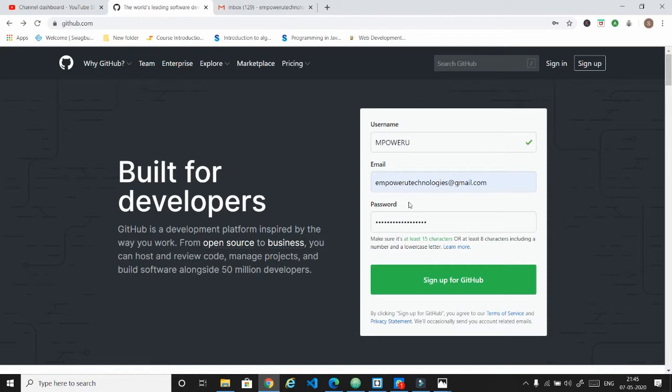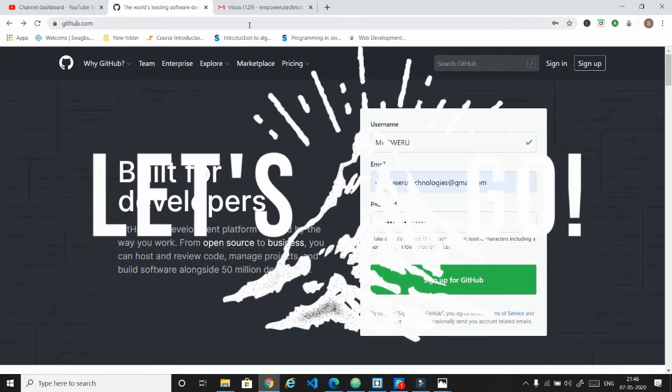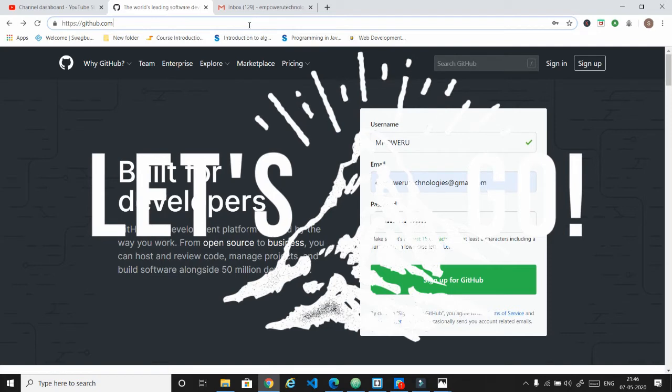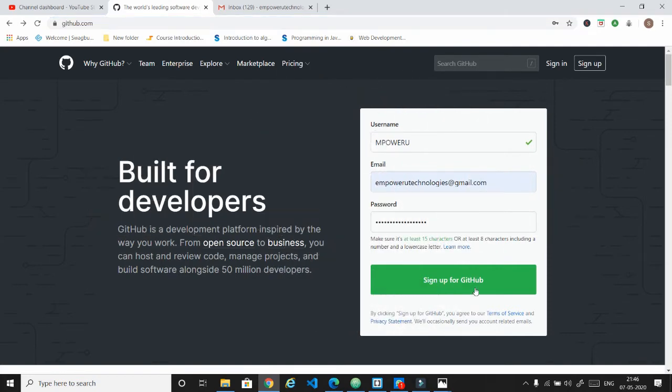So as I said, in this video we are going to learn about using GitHub for web hosting. Just go to https://github.com and you will have a sign up form where you write your username, and it will check if the username is available or not, then your email and password, and then sign up for GitHub.